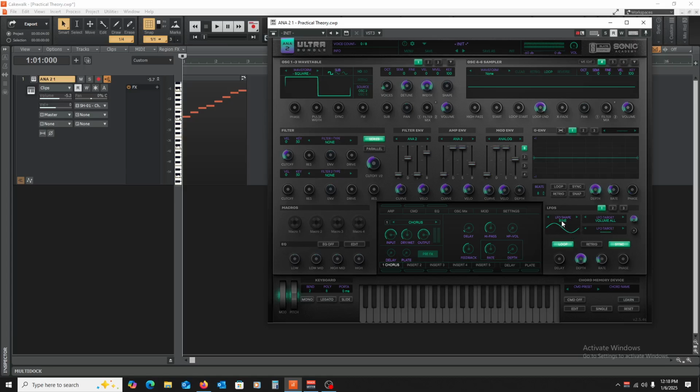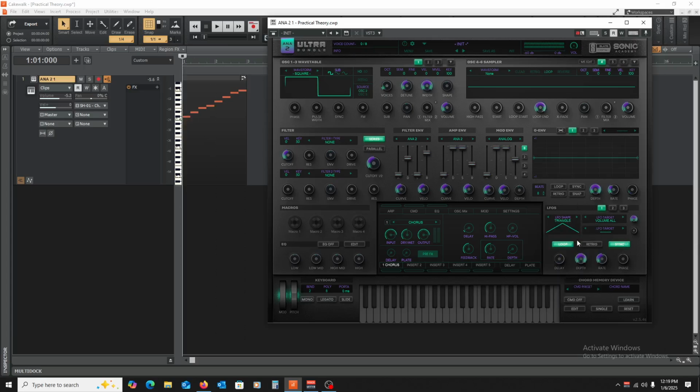So we can keep the volume, and we can change, say, to a square. And then what that's going to do is it's saying that the volume is going to be inaudible, and then it's going to jump to audible, and then off again. And if we do that, say, at a quarter note feel, you get kind of like that no volume, and then volume, and then no volume, and it's very sharp. And it makes it almost sound like, instead of these being full quarter notes, they're more eighth note-y.